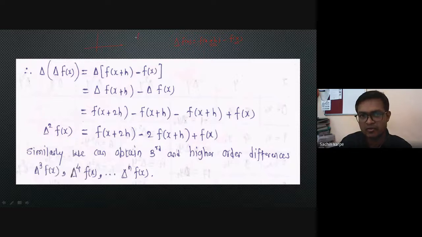अगर हम delta of f of x नॉट फाइंड आउट कर रहे हैं, तो हम क्या करेंगे, एक स्टेप आगे जाएगा, मतलब f of x1 से f of x नॉट को सब्ट्रैक्ट करेंगे. आर यू गेटिंग माय पॉइंट? इफ वी वांट टू गेट delta of f of x1, then f of x1 के आगे कौन है? f of x2. So f of x2 minus f of x1. That is why it is called forward difference.